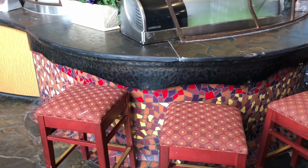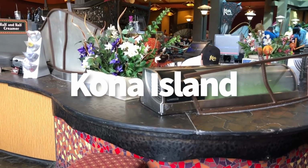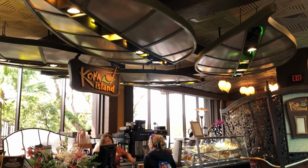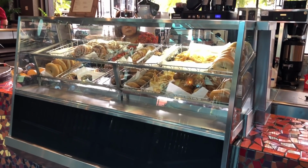Also at Polynesian Village Resort, Kona Island. Now, for a long time, this has not been a place to check out. There's not too much new here most of the time. This starts out as a coffee bar during the day with some pastries available, usually some macadamia nut pastries, and then it turns into a sushi bar in the afternoon and evening. But